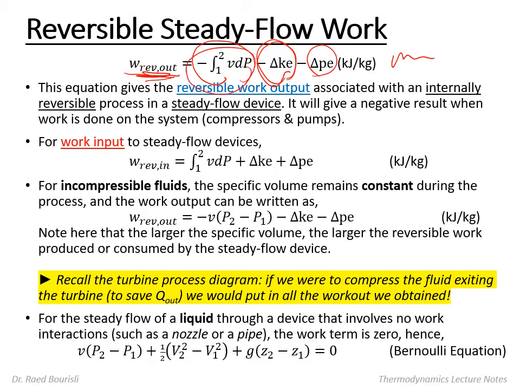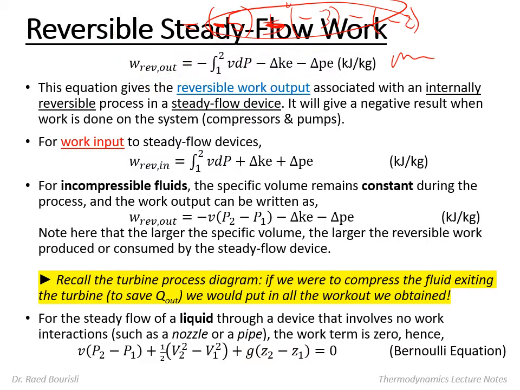Whatever boundary work it lost when it expanded, because it did the boundary work, it's a boundary work out, I gained as a work input. So let's say the boundary work in an expansion is 5 kilojoules. So this is 5 and a plus. This is minus because work out. So this is minus minus plus the kinetic energy. Actually minus the kinetic energy minus 2 or 3 minus 2. So all of these contribute to the work output. This equation gives us the reversible work output,